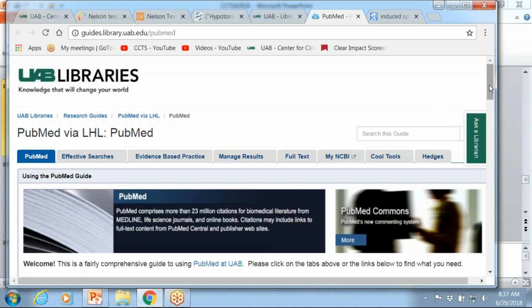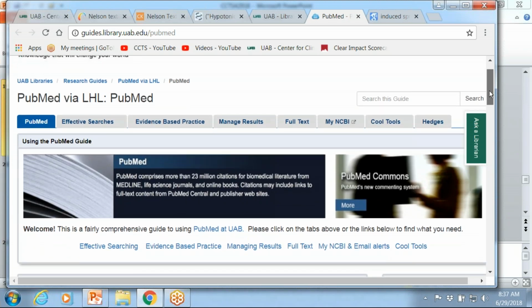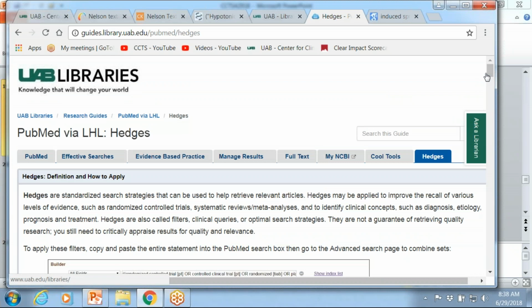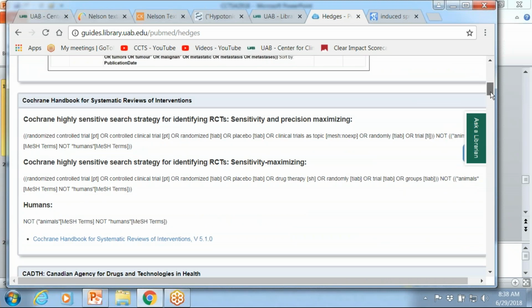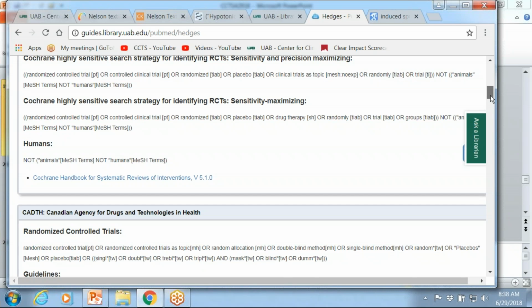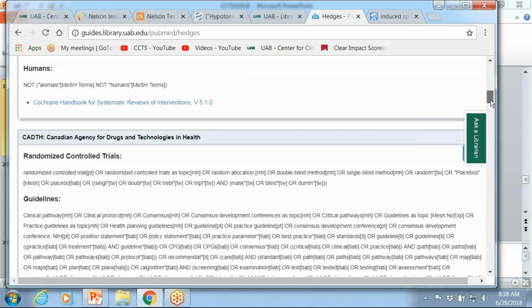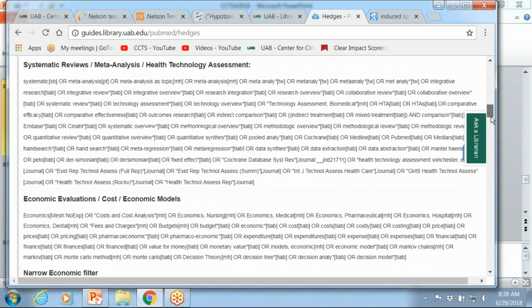There are these preformed search strategies called hedges that are produced for all these different databases, specific to that database, that you can use. If you click on the hedges tab in the far right corner of this library guide, there are a number of hedges that we've made available to you depending on what you're looking for, the type of study, if you're just looking for human subjects, randomized controlled trials, whatever.